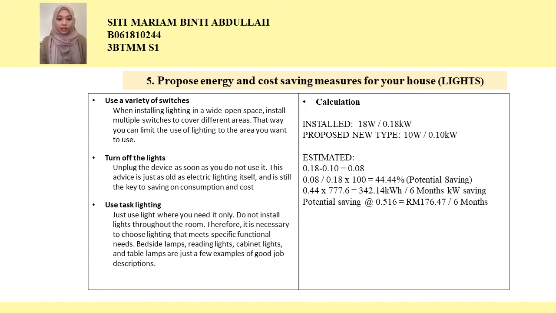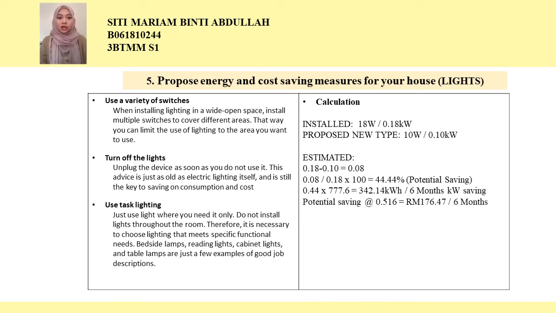For the calculation of this light, the current one is 18 watts. We propose exchanging to a new type with 10 watts. We estimate 0.18 minus 0.10, we get 0.08, and with 0.08 we divide by 0.18 times 200, we get 44